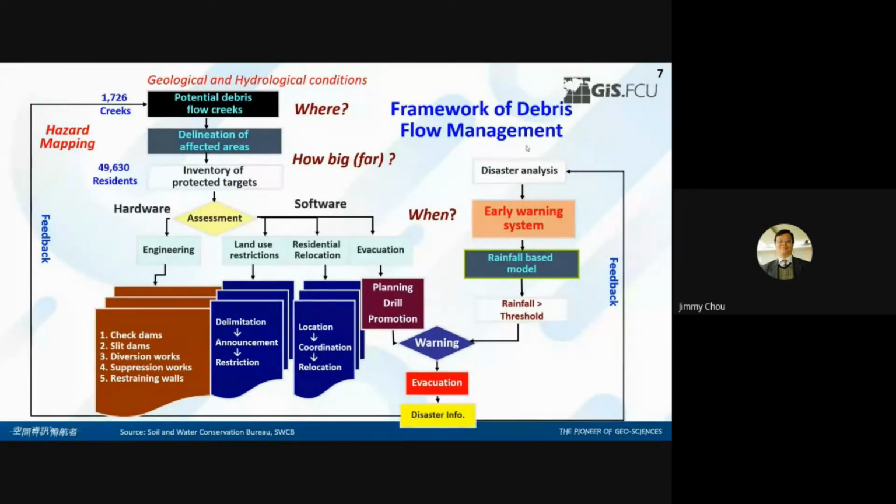And once the warning is sent out, then the standard operation process is going to apply to that village. And also, once the entire village has been assigned as over the threshold of potential debris flow, then the entire village has to be evacuated into a safety shelter. So this is how the entire thing works very closely in Taiwan, and it has been very successful